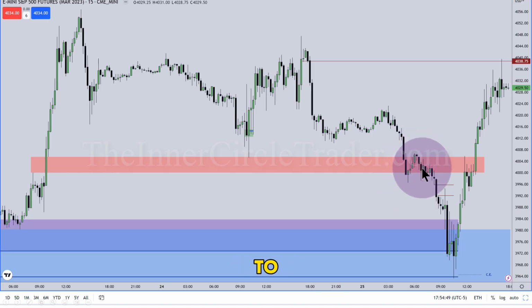And then what? We start to work down. This whole shaded area becomes what? A balanced price range. It's delivered both sides. Down, up, and then left it. Come back in. Consequent encroachment. That's the last line of defense. And goodbye. Next, it plunges, drops lower, creates a small little SIBI here, fair value gap, consequent encroachment, beautiful delivery down into our lower level